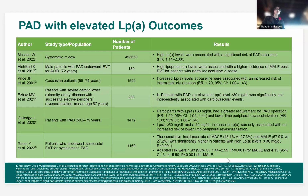I think it's better to go over some of the studies rather than just look at the table. Frequently the question that I get is, what is the evidence? What's the evidence that lipoprotein apheresis works in clinical settings? Sort of, what is the data? This is some of the data, more focusing on lipoprotein(a)